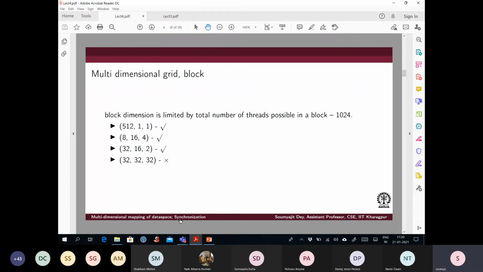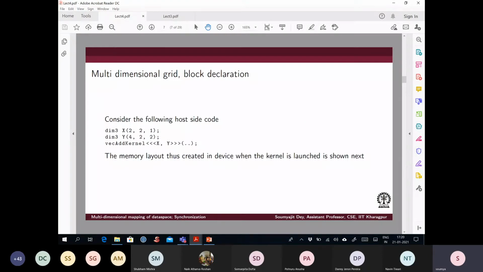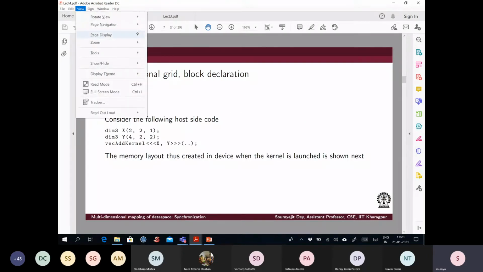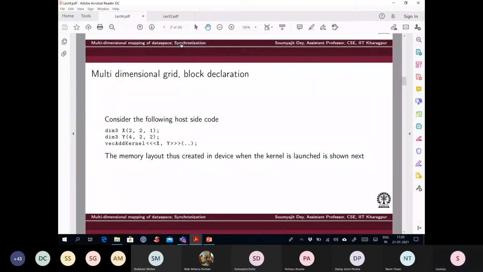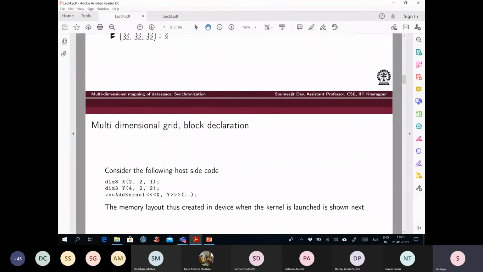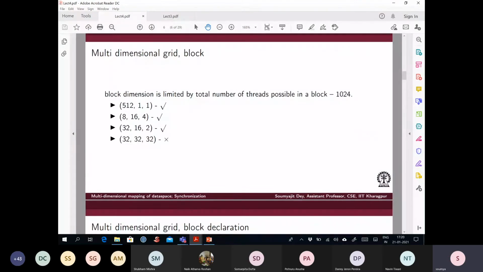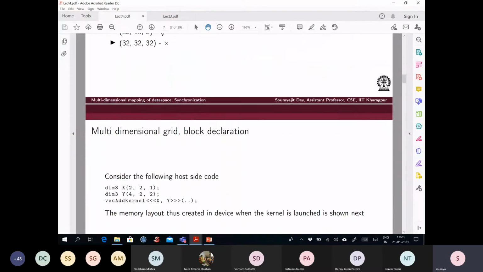So overall, there is a basic motivation why we require this kind of blocks. We'll learn more about it as we go into further issues on GPU scheduling. Right now, for us to understand this, these blocks definitely have an upper bound on dimension, and accordingly you have to choose a block specification which works. Not every block specification is allowed. Definitely you have to choose something that gives the total number of threads per block as less than or equal to 1024.